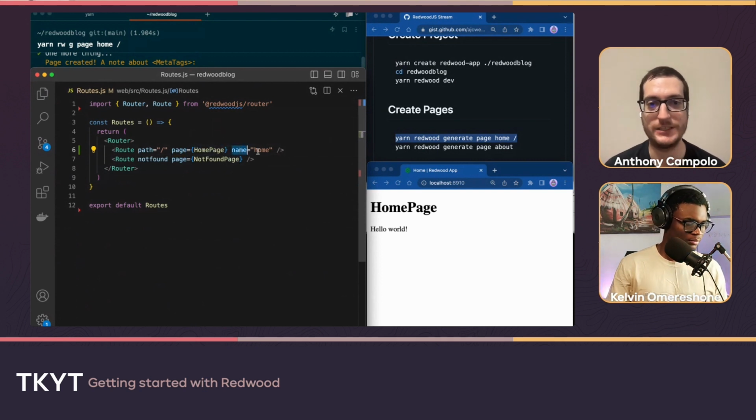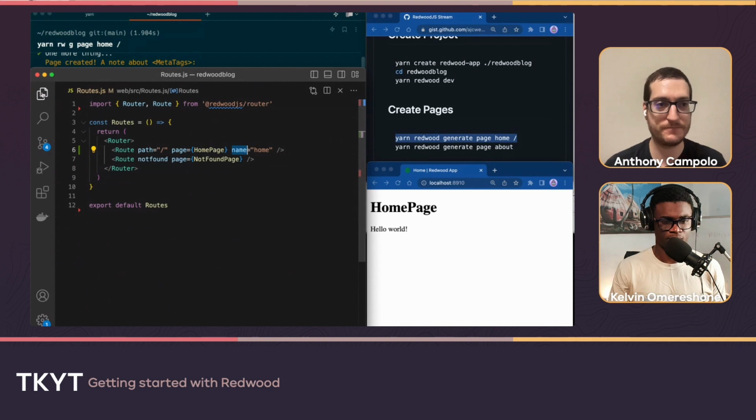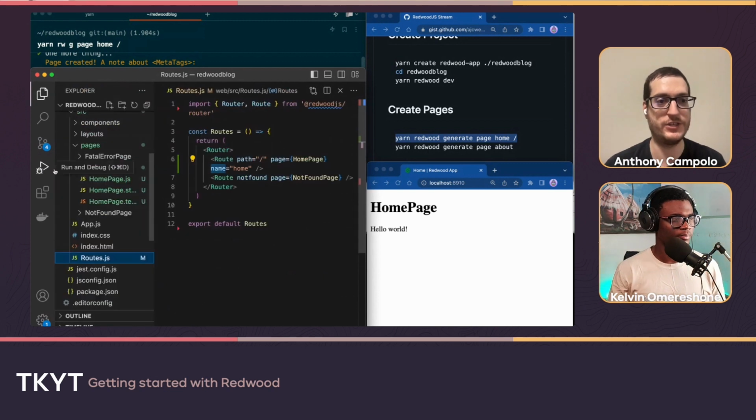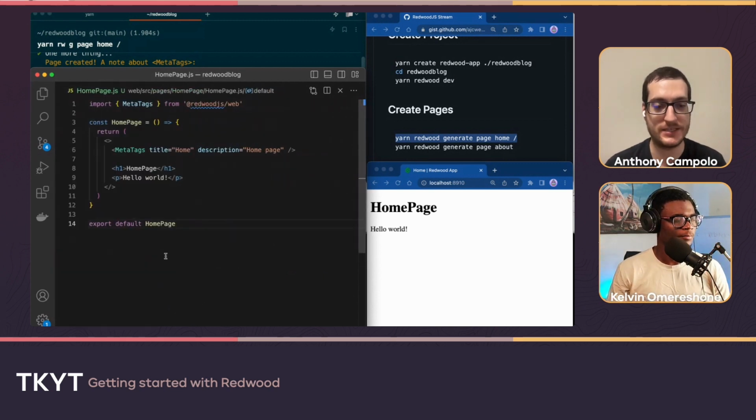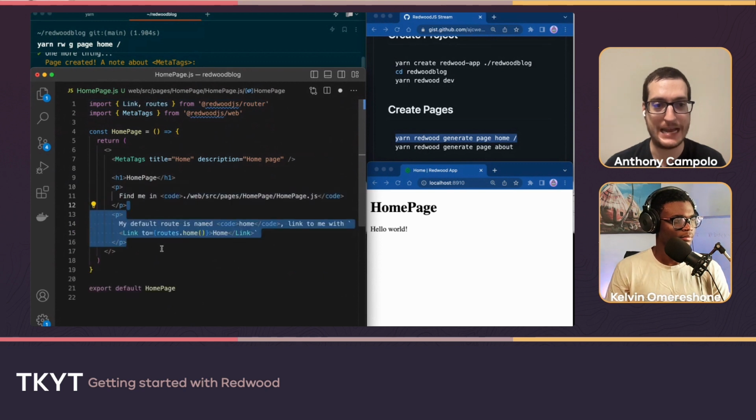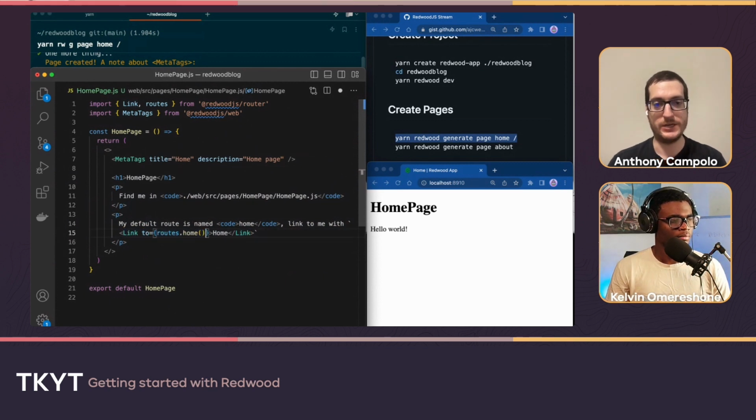And then you have what's called a named route function. The named route function is how you link to it with your A tag or link tag. So if we look here, there's this link to, and then routes.home, and the home is the function that will take you to the home link.